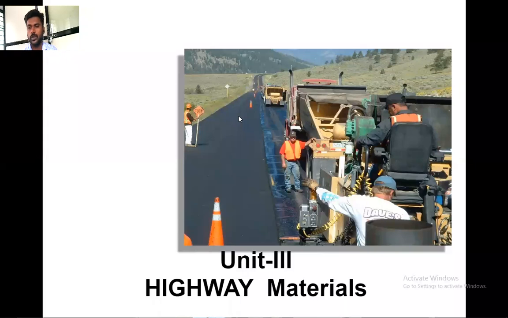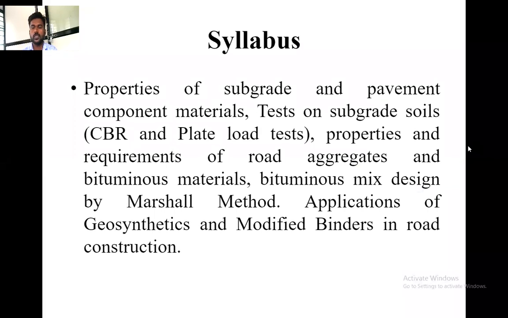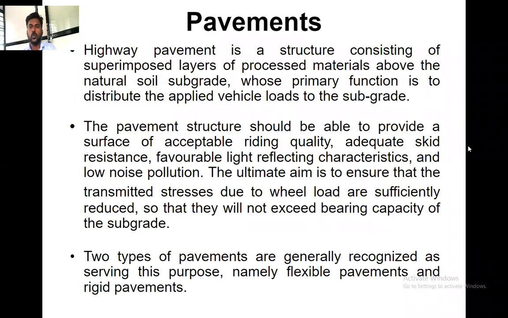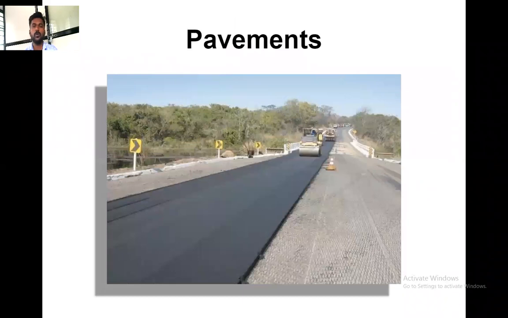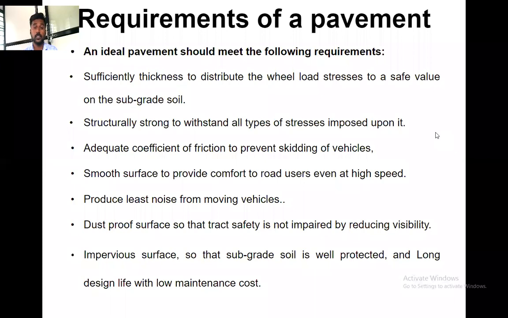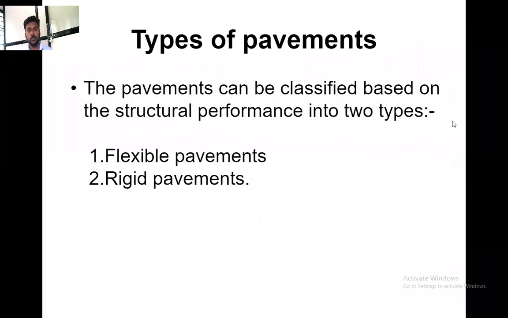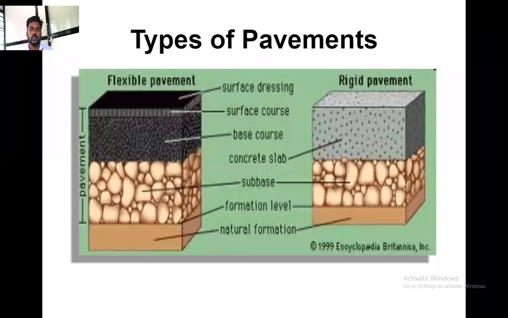So in that we have covered a little bit of that portion also. In the last lecture we have seen the syllabus, what is the pavement, what is meant by the flexible pavement, what is meant by the rigid pavement, what the characteristics are, what the layers are for the flexible pavement, and what the layers are for the rigid pavement. Then what are the characteristics of the pavements? When can we say that the pavement is flexible, and when can we say the pavement is rigid? This we have seen in the last lecture.